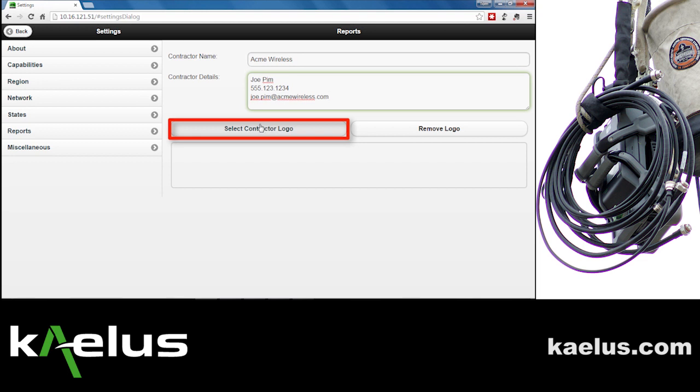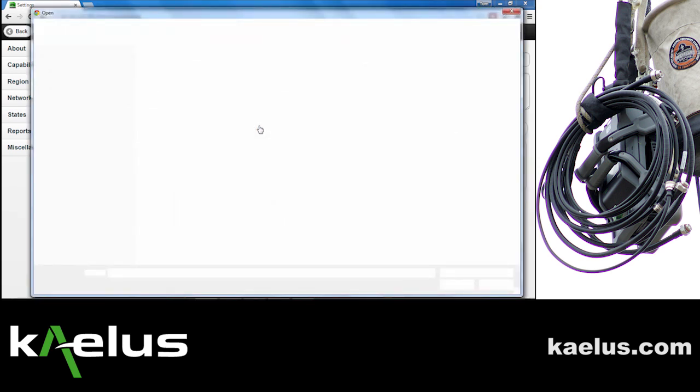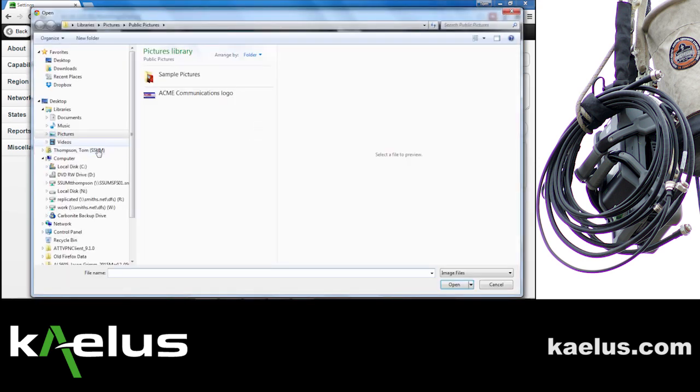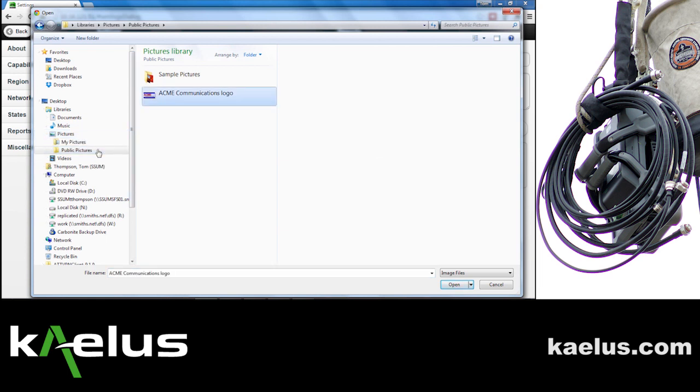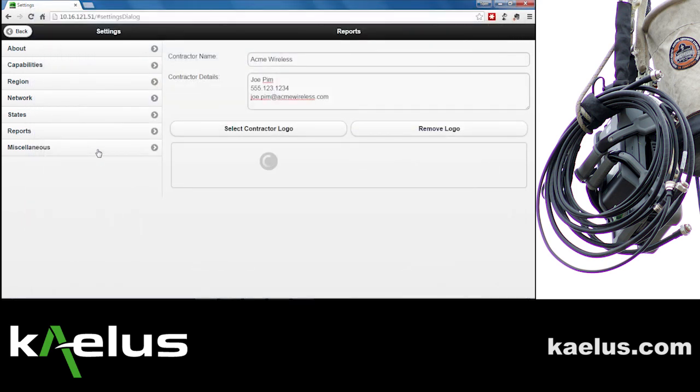You may also, to make your reports look more professional, select a contractor logo. By pressing the contractor logo, we're going to go to Windows Explorer. In this case, we've saved the contractor's logo into our public pictures. By inserting the logo, we'll be able to put this on each page of the report details. When we go back,